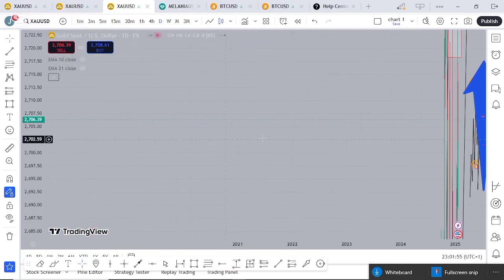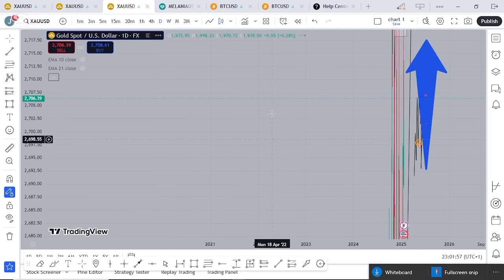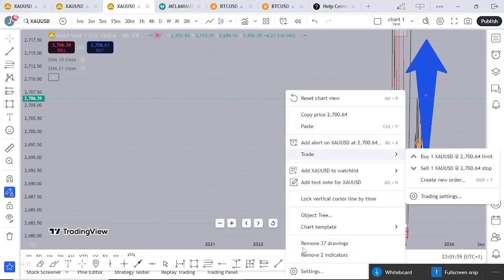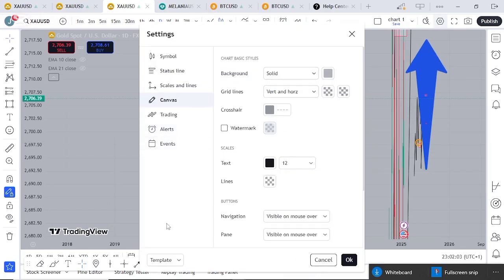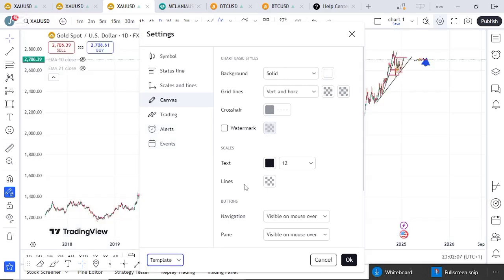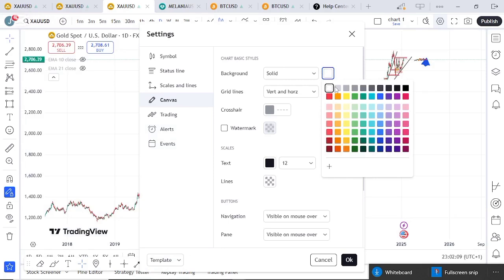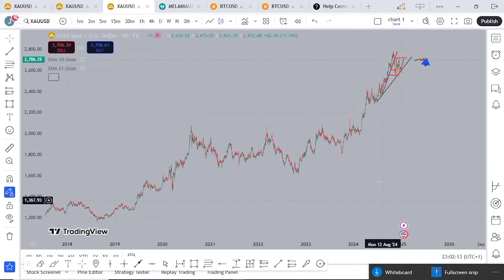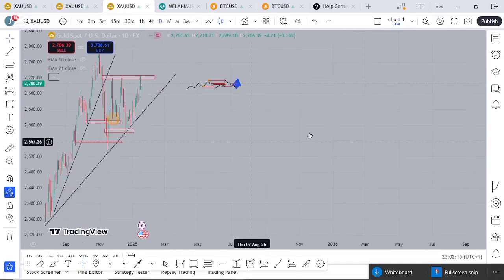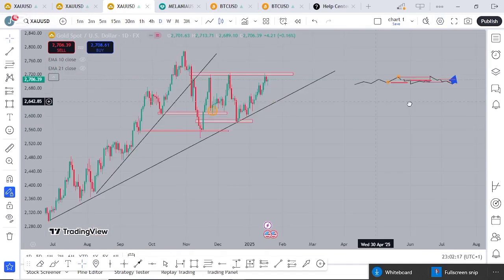Let me show you the same thing that occurs in the chart. I'm coming. Let me get rid of this. My chart is a little bit messy. Okay, let me show you on this.